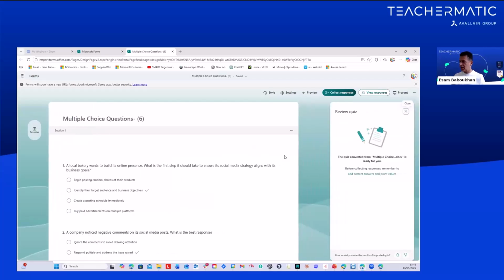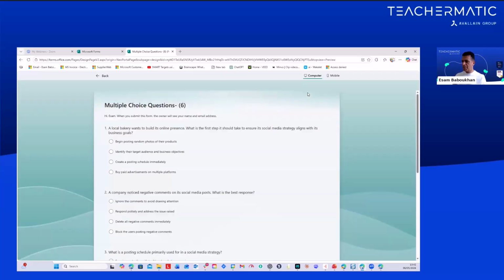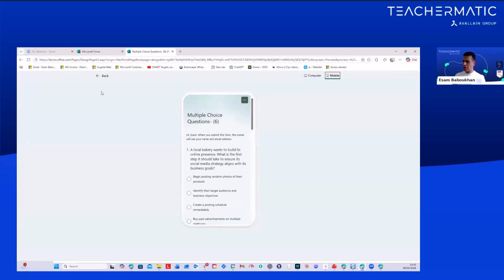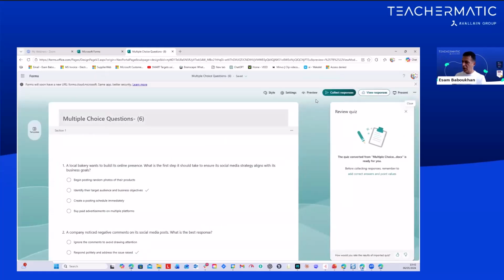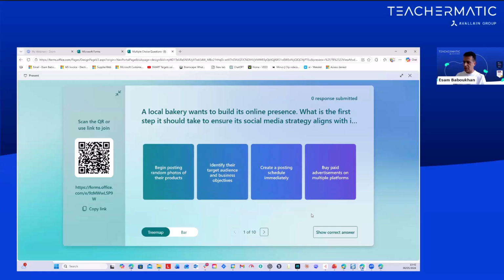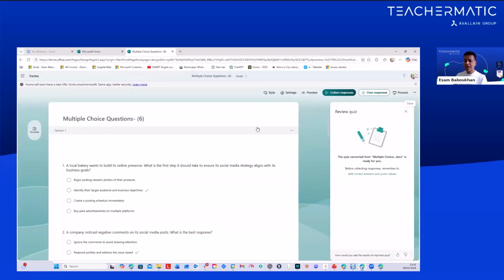Done, self-marking. You want to see what it looks like? Preview. This is what it looks like on a mobile phone. And they've got a lovely feature that we can use within the classroom like that. Right? If you wanted, you can get your students even to scan this QR code. But I'm going to take this quiz